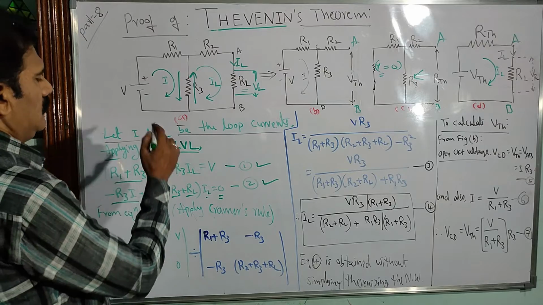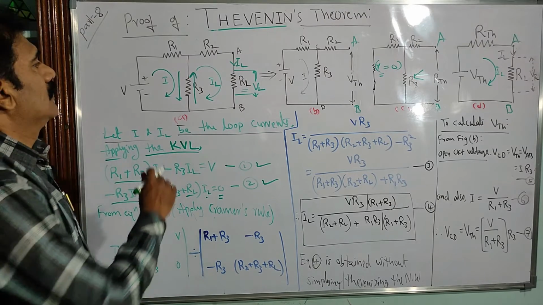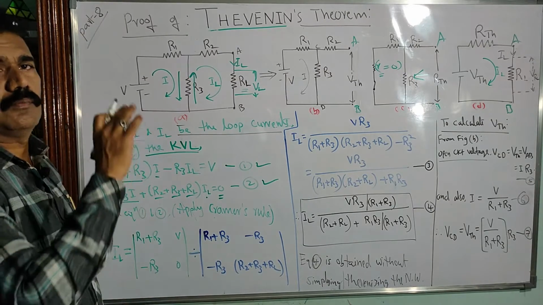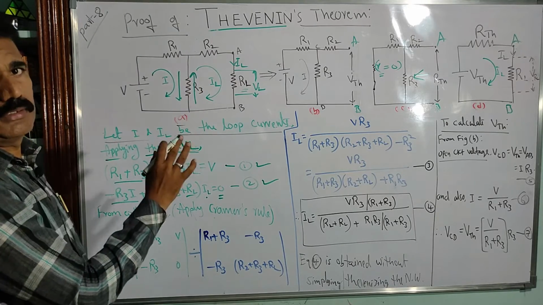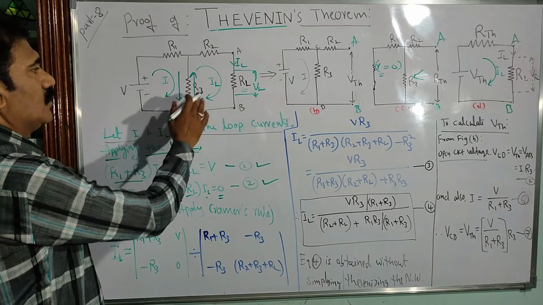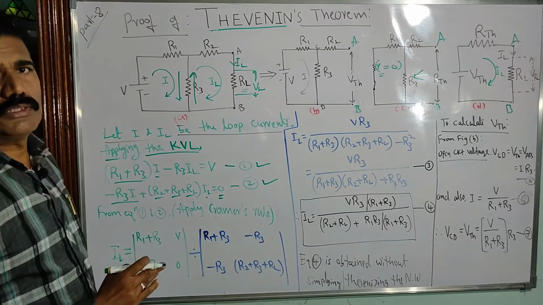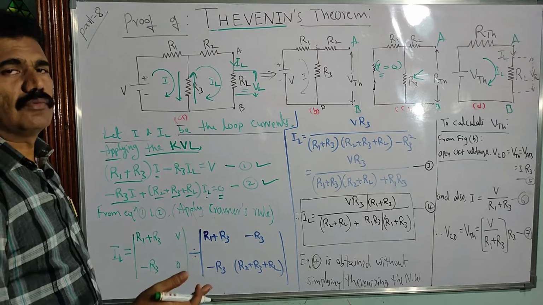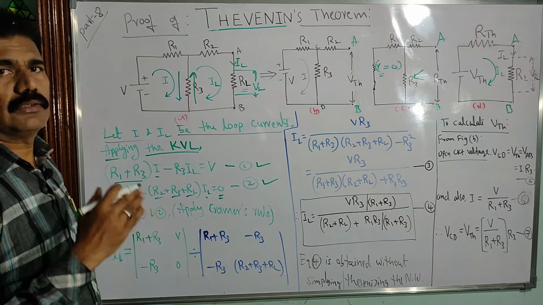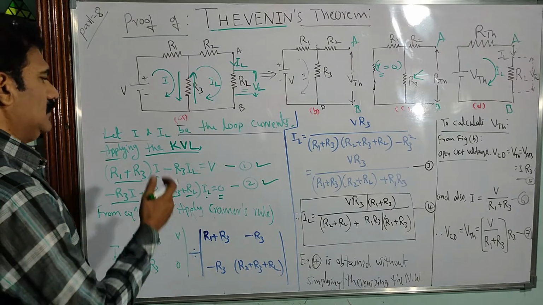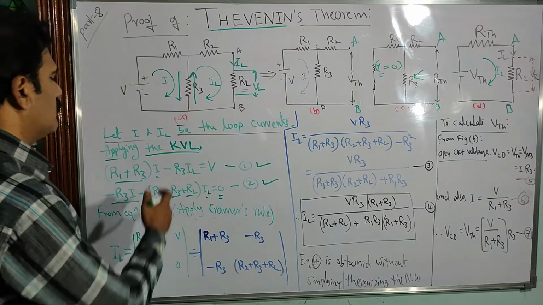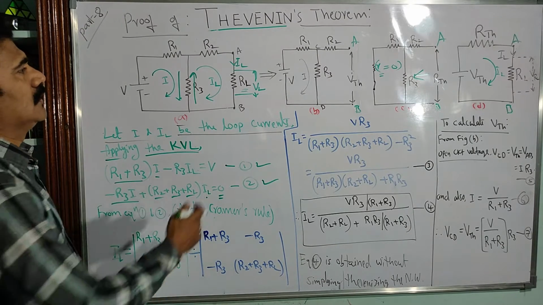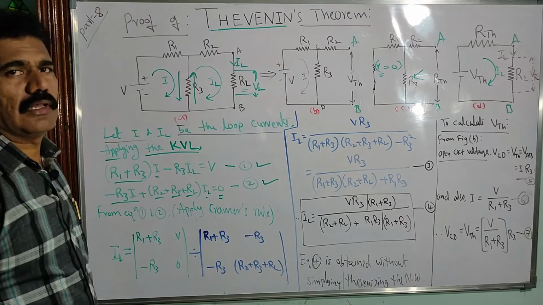Like this, we have to simplify the given complicated network loop-wise. Of course, this is not that complicated here, consisting of only 2 loops, so you have 2 equations. If there is a larger number of loops, again you have to go loop by loop. That is what is actually called complicated. Now let us see how to simplify these equations to get the current passing through the load resistor RL.